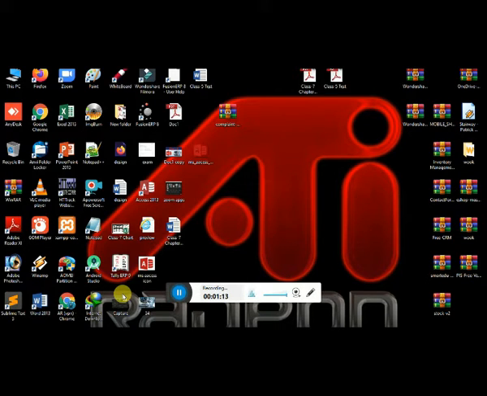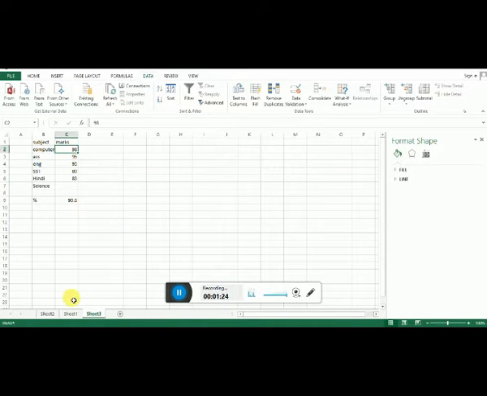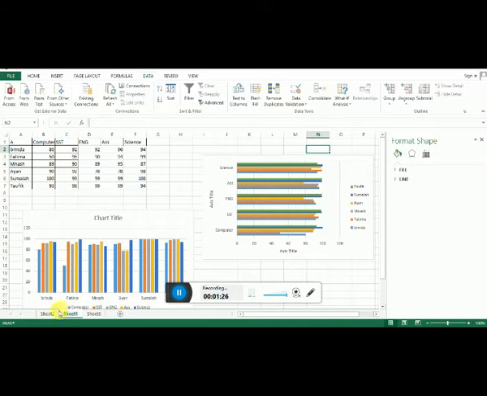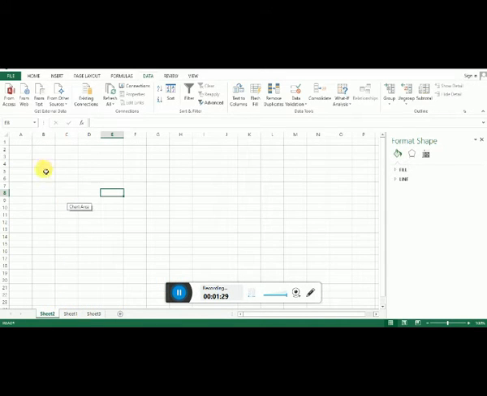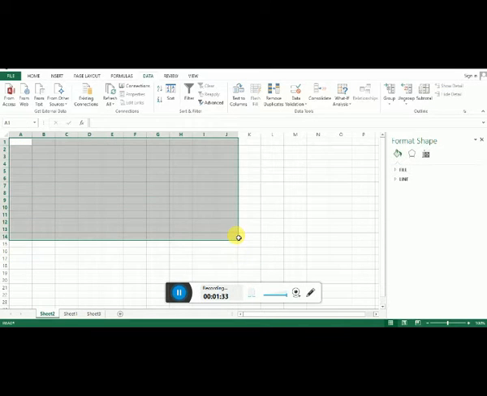So how can we use switch row and column data in our MS Excel? So now I open it. Okay. I use my new document in MS Excel.